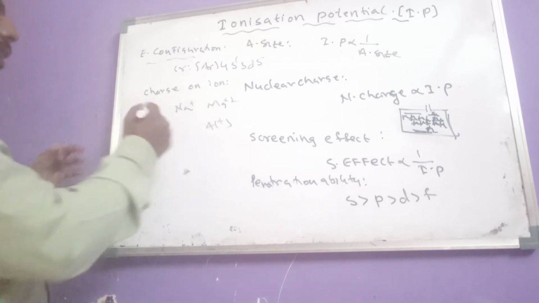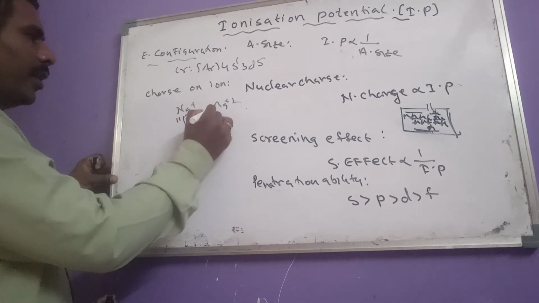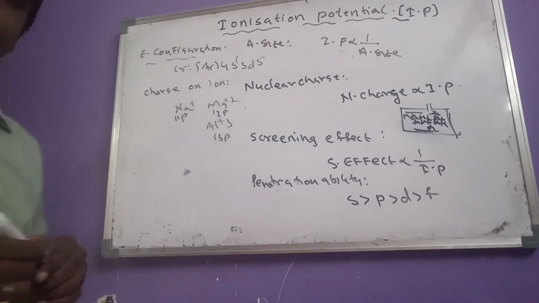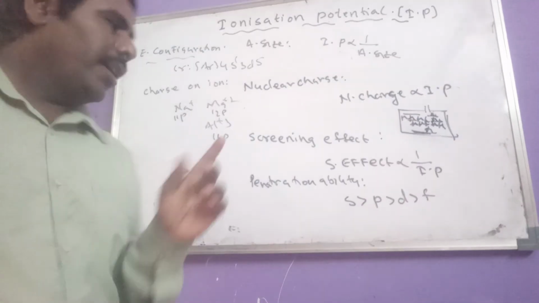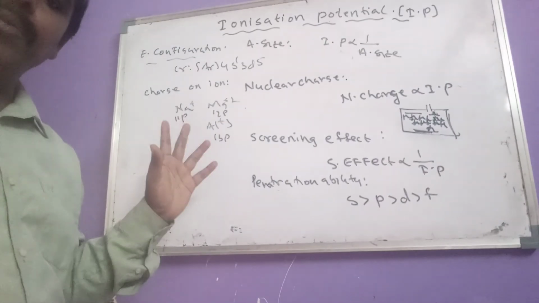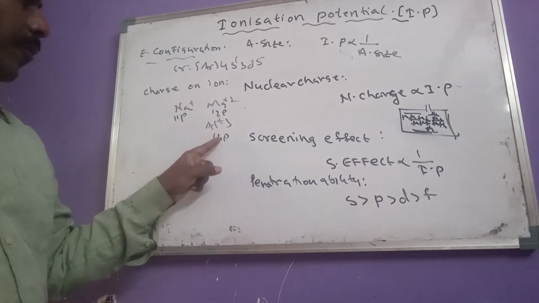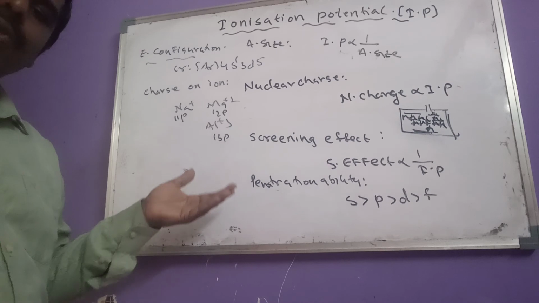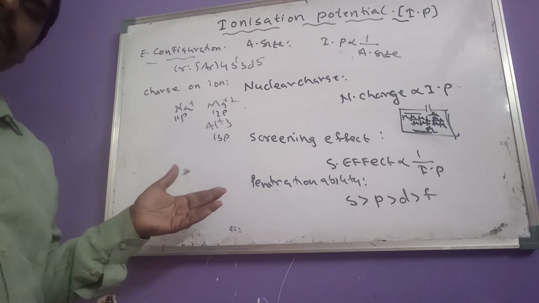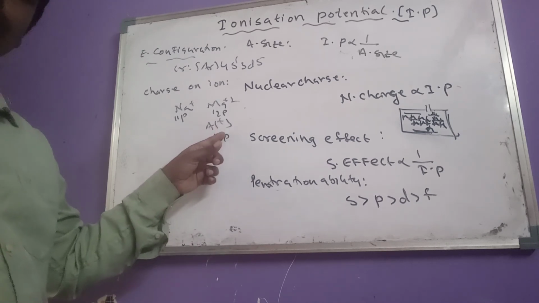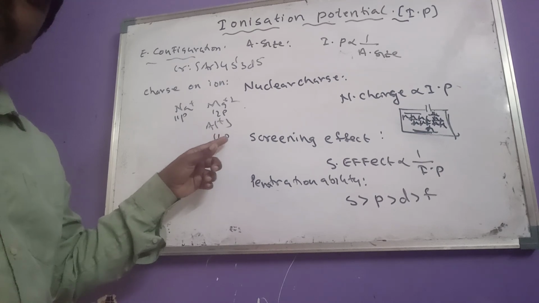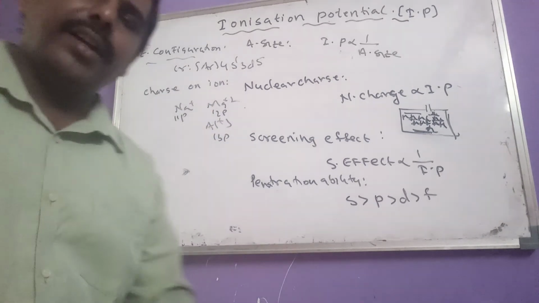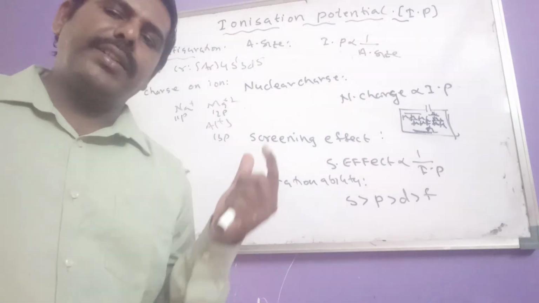But in the case of Na+, 11 protons, here 12 protons, here 13 protons are present in the nucleus, but electrons are in the same number. As the number of protons in the nucleus increases, automatically nuclear charge also increases. That means it is difficult to remove an electron from Al3+, then Mg2+, then Na+. So these are the different factors affecting